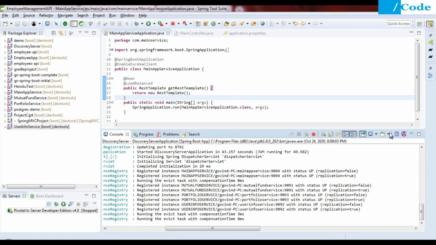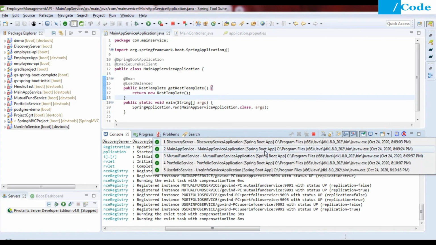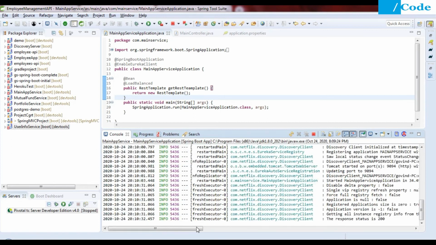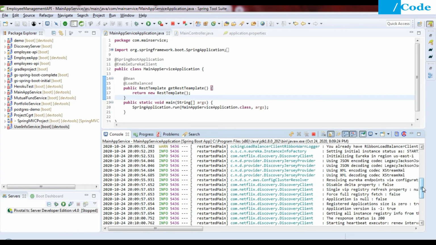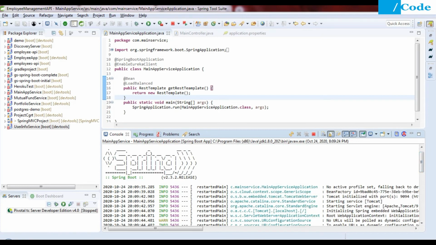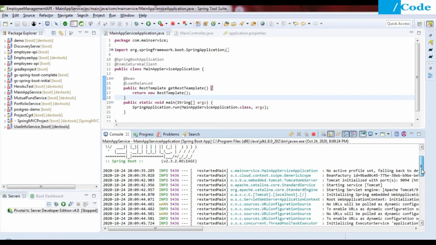And in the main app service, here you will see the load balancing part which we have added. The Ribbon load balancing we have added here.